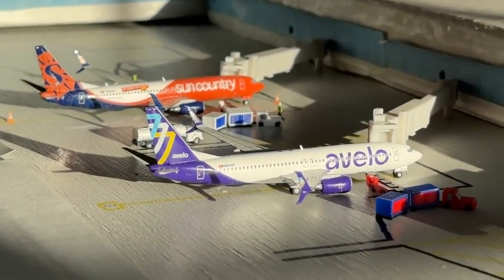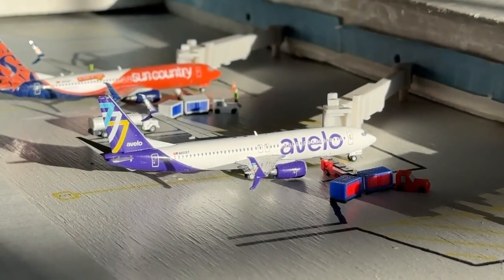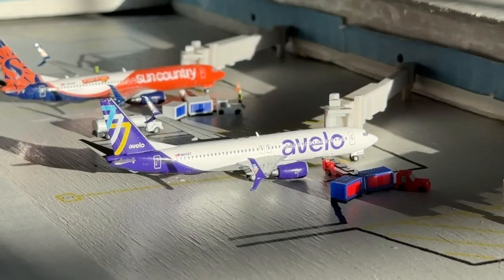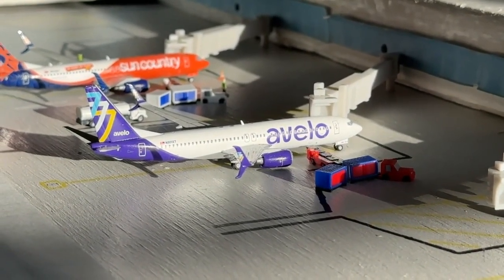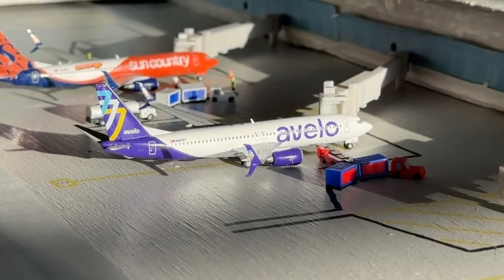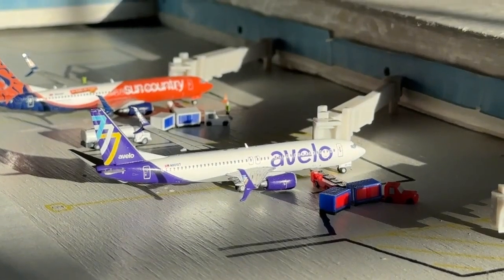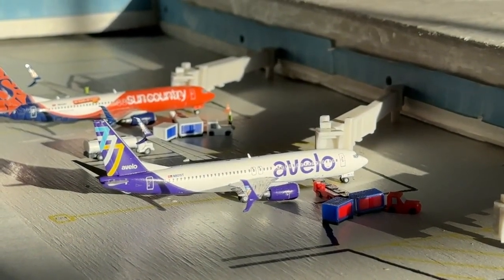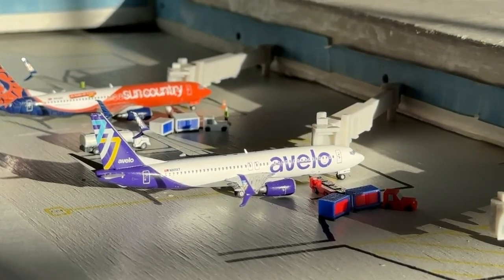Over here, you're going to find the Avelo return for the summer. This Boeing 737-800 heading out to New Haven today. Really cool that this is back in action, and I'm really excited to see how this will perform this summer, so you can catch it twice a week, and no doubt a really cool asset. So welcome back, Avelo. Very glad that Avelo is back, and I'm really excited to see how this performs for them this summer, so I'm sure that they'll do very well with it. So we will continue to keep our eyes on it, but Avelo's done really good work so far,